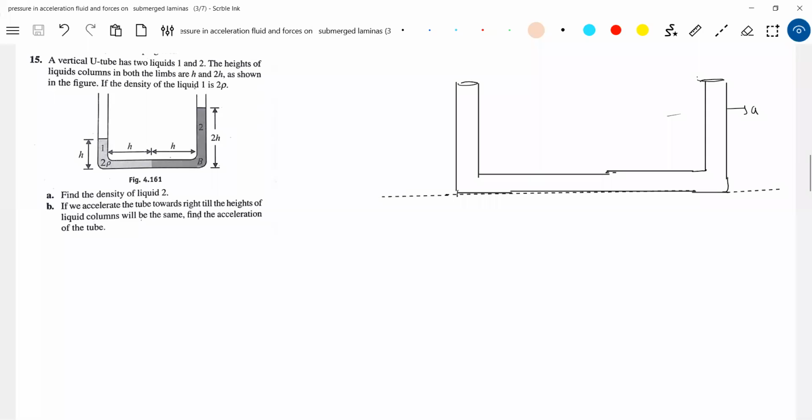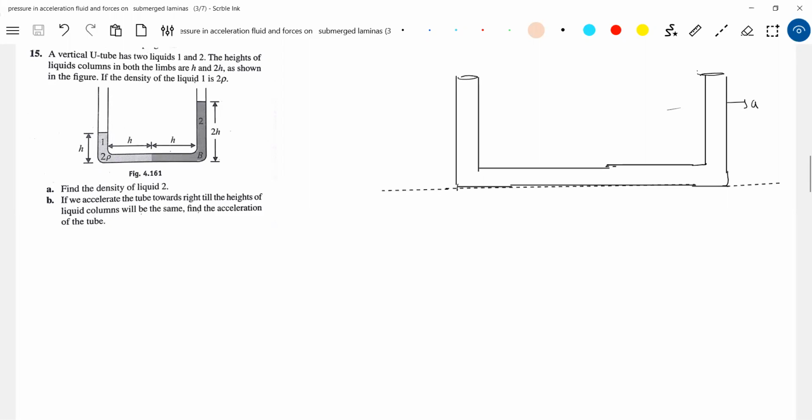If you check it, we don't have very good questions till now in accelerating fluids in the advanced paper, though all possibilities of asking exist. So you have to work out a few sets of numericals. What sort of questions are not there? Force acting on a body immersed in a liquid, and pressure in accelerating fluid. You check the advanced paper, we don't have any question till date, but all possibility of asking. Read the question.